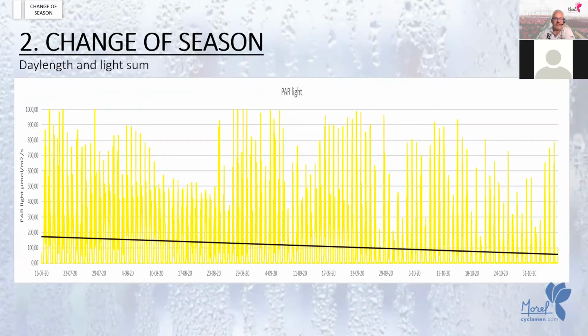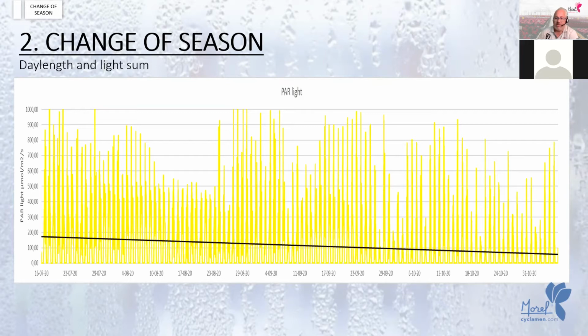Change of season. So we are at the end of summer, entering slowly the autumn season. And the cyclamen crop, the potting season typically runs from the middle of May until the end of July, or for a Christmas crop, even until the middle of August. And some of you might even pot minis as we speak now until the end of September, because up to potting in week 40, it's not really needed that you need additional light to finish a cyclamen crop with sufficient